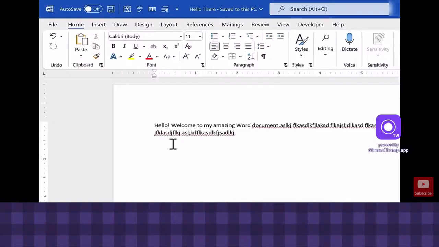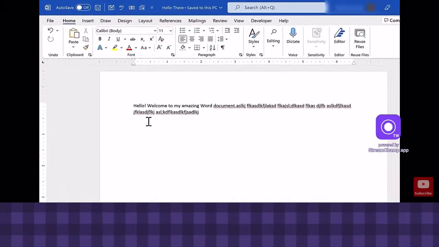But if I wanted to create a second version of this document or save it in addition to my original location in another location, I would need to go here to